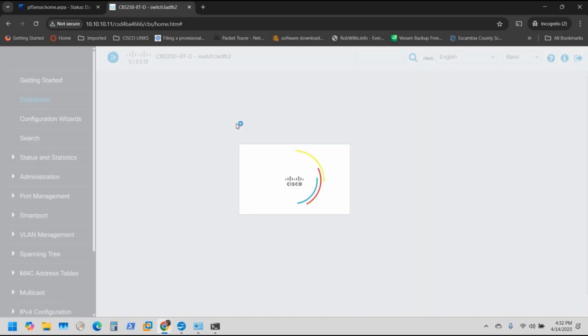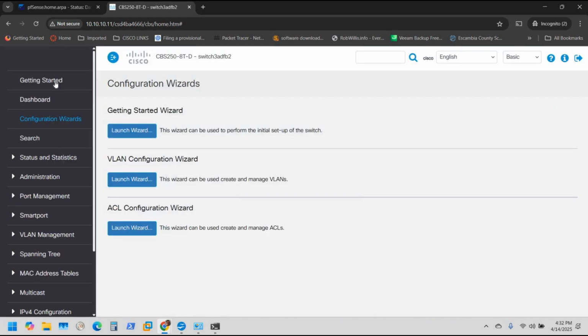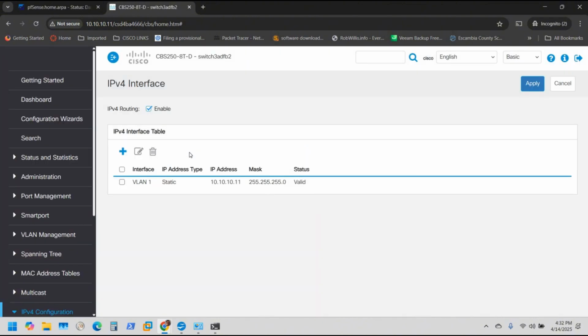So go back to my dashboard. I wanted to look at, let's go to the configuration wizards here, or getting started. So I wanted to look at the device itself. Probably the first thing you'll do in the switch is set it to a static IP address, because by default it's going to have a DHCP address from that particular VLAN. So you're going to want to set it